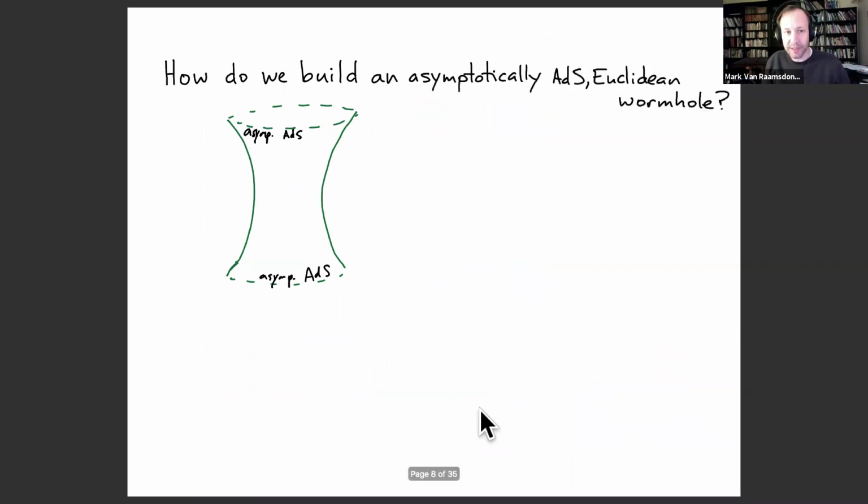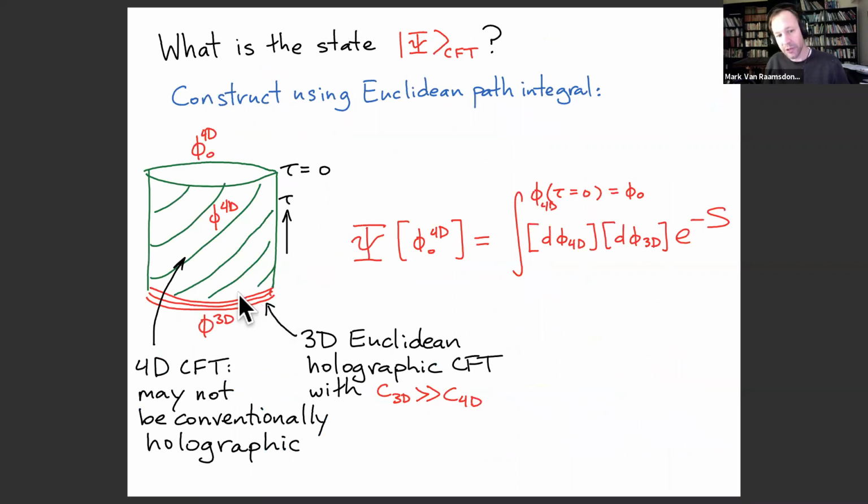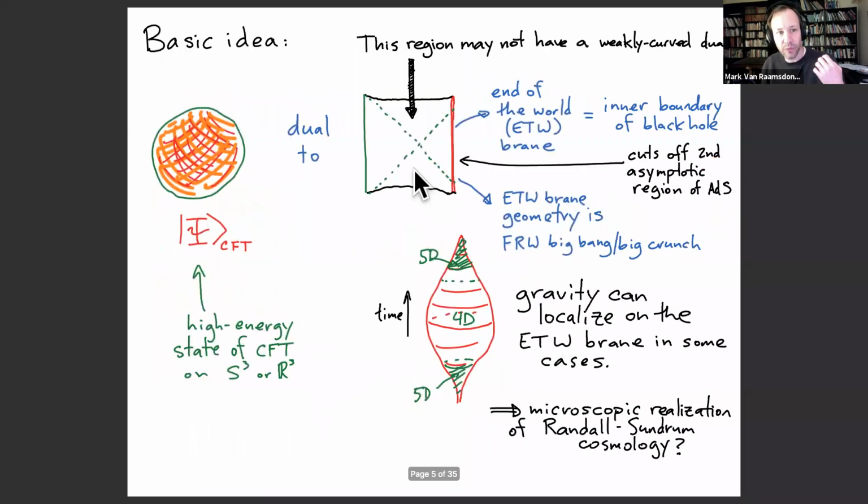We will have some choices about which 3D field theory we pick. But once we make those choices and decide on the Euclidean theory here, then this should give you the complete description of the cosmological physics. And I think it may be that this wave function here should correspond to some gravitational wave function. And it's likely that that gravitational wave function corresponds to some superposition of possibilities, as we would expect.